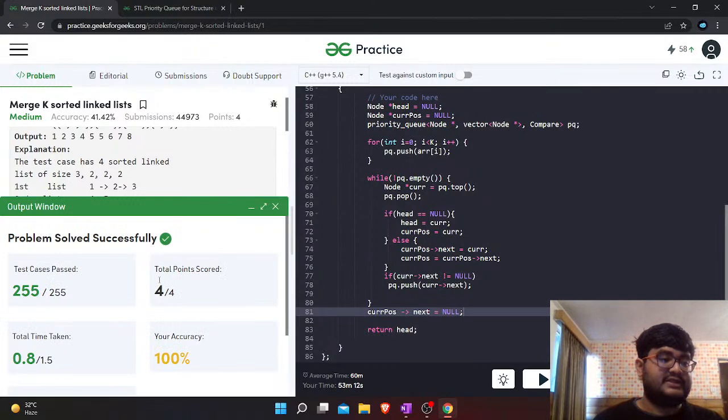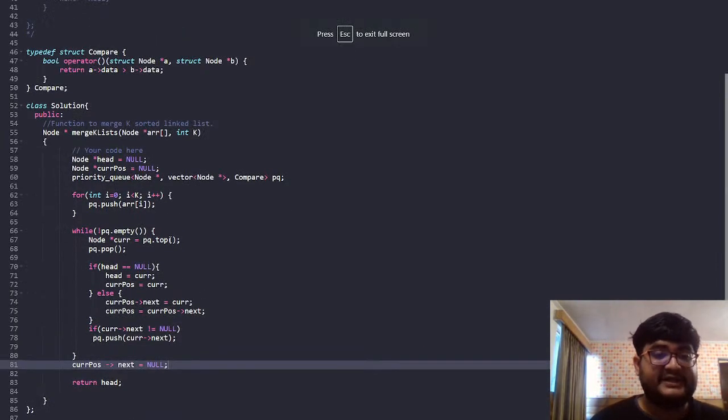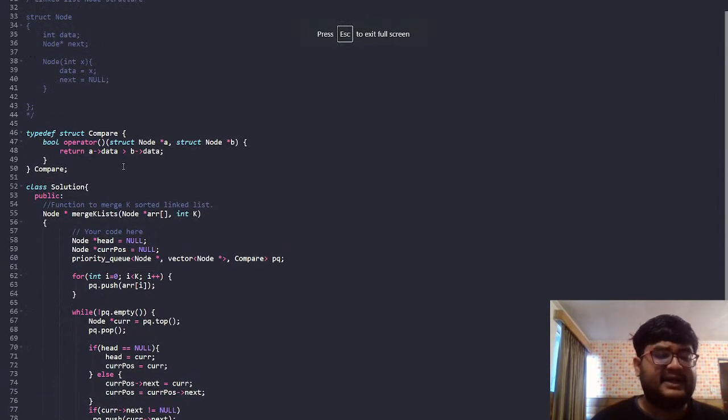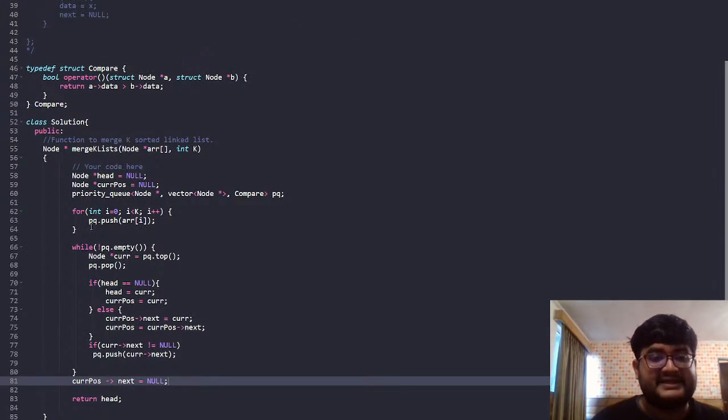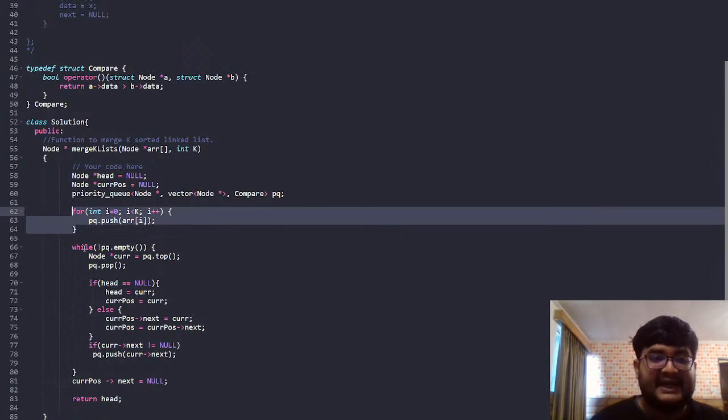Okay, it has worked. So this is how we can solve merging k sorted linked lists. I hope that the complexity is clear. If you look into the complexity, first of all we are pushing k elements, and after that we are running